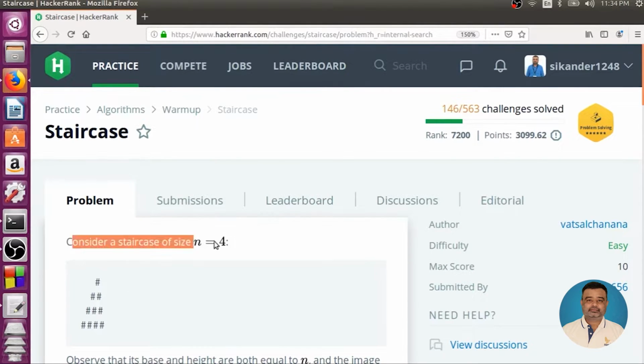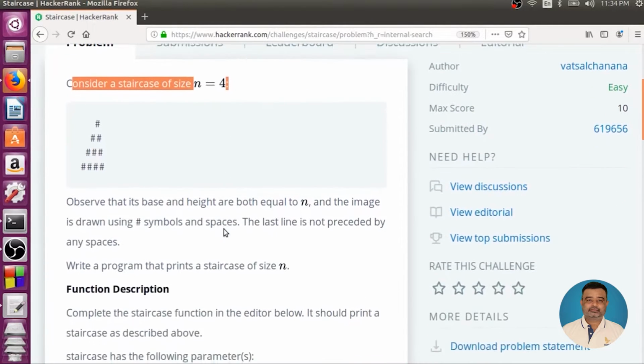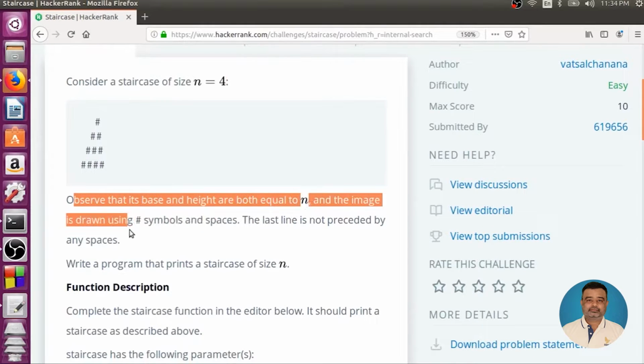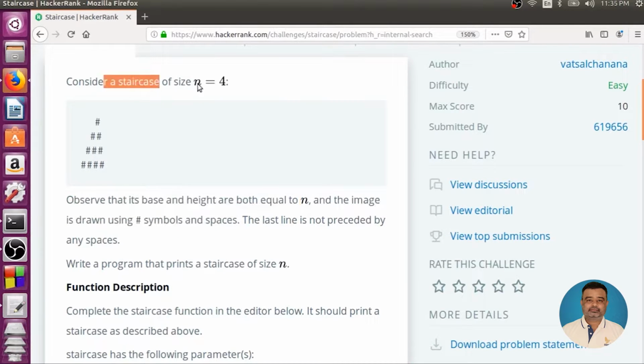Consider a staircase of size n equal to 4, and observe that its base and height are both equal to n, and the image is drawn using hash symbols and spaces. So what it says is, given the input of n, we need to draw this particular pattern. This pattern is made up of spaces and the hash symbol, and the number of rows and number of columns